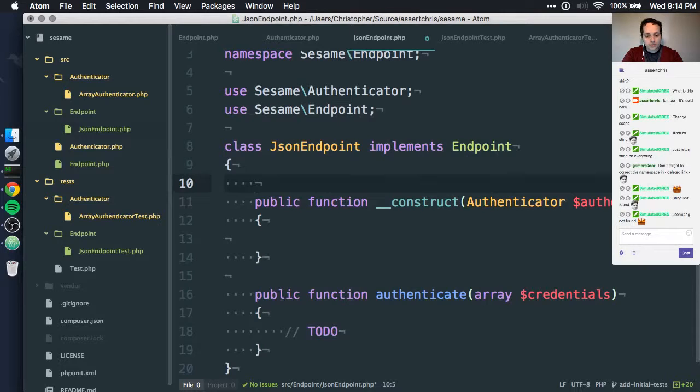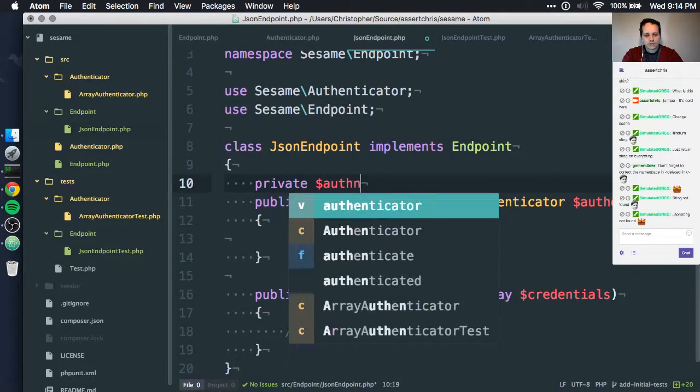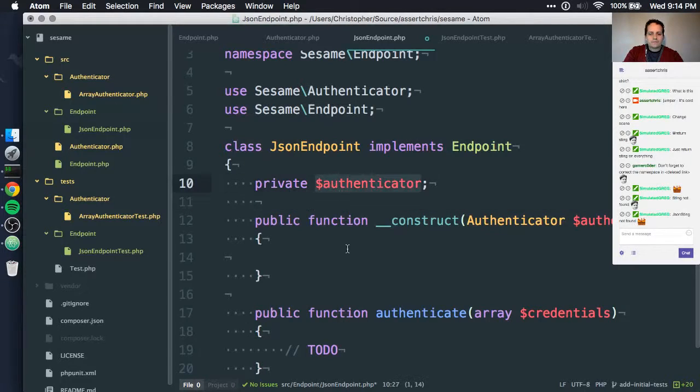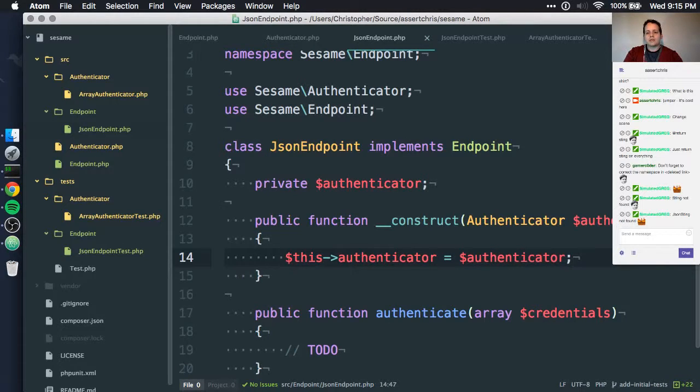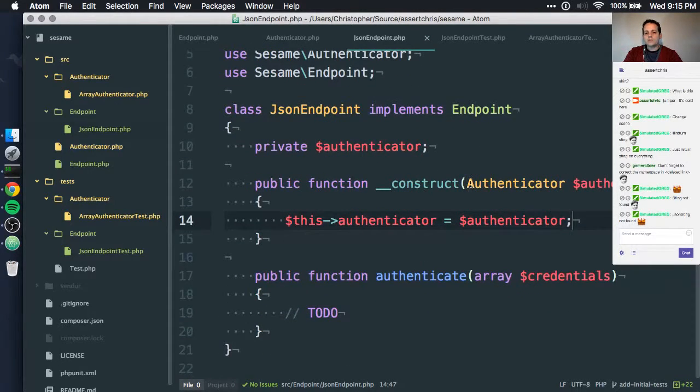We also need to store this again, so I'm going to use a private again for this. And we can just say something like this. I'm going to delete that $. So we can't create an instance of this class, of this concretion, without giving it an authenticator. But once we have that, it's stored. Let me just make sure that all these spellings are the same.